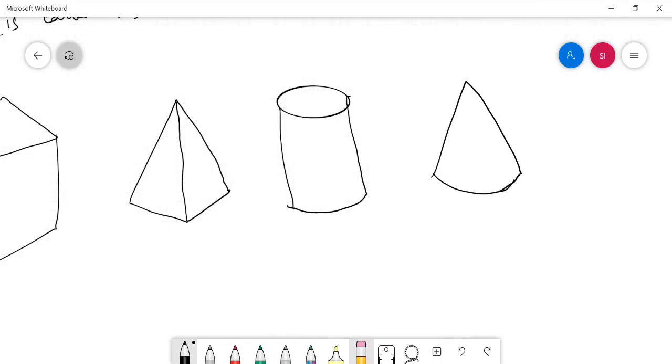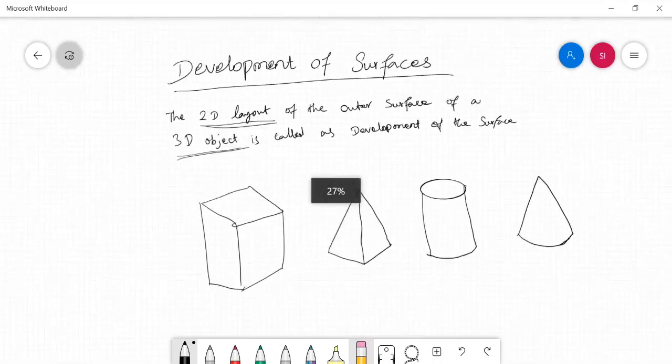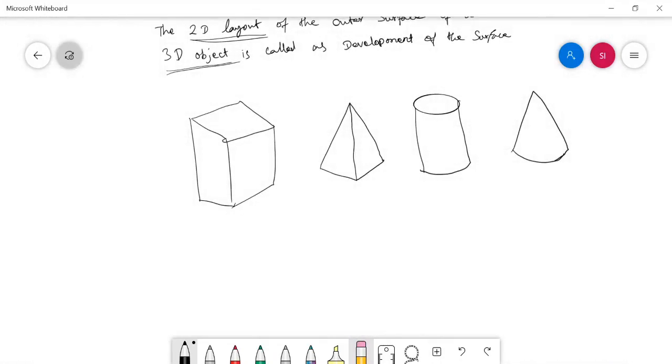In these solids, when you uncover the outer surface, the layout of the outer surface, that is the skin of the outer surface totally, is called the development of the